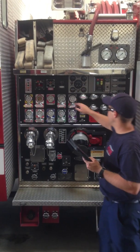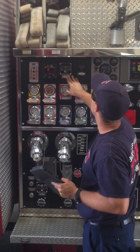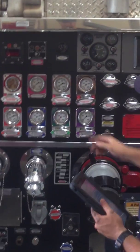Next, we have our deluge discharge, which is a slow operating valve, and this will open the deck gun. Our fuel gauge will show